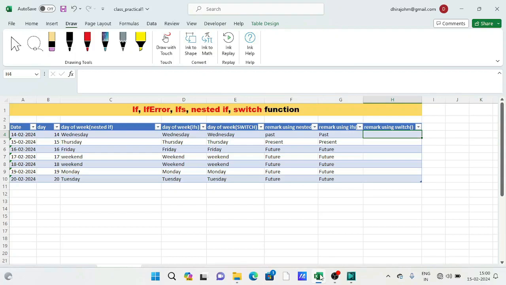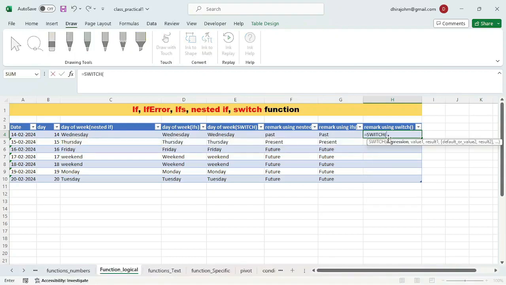Now what do I mean by this? Let's check here. Is equal to switch tab. Now in the expression we can't give like this date is less than or equals to or greater than today function, because there is just one placeholder for expression. Okay, so we need to give here true,